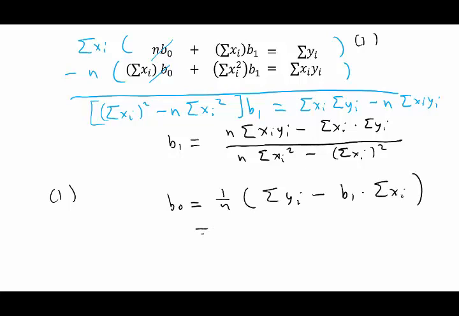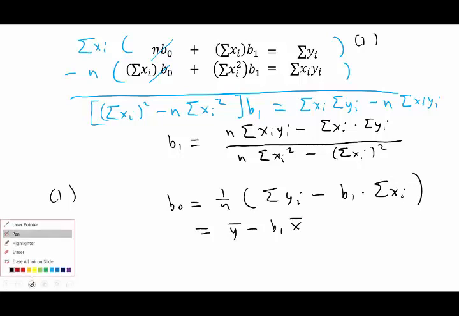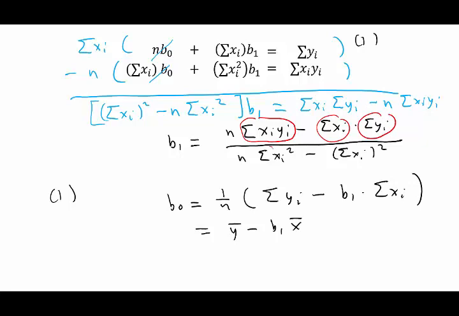Or actually even simpler, it's y bar minus b1 x bar, if we multiply through by the 1 over n. So the format is first you compute all these different quantities involved in b1. There's a sum here, a sum here, a sum here, and a sum here, so we need to compute those 4 things, right? Because this one also appears here. You compute b1 from that formula, and then you use your answer and plug it in here to compute